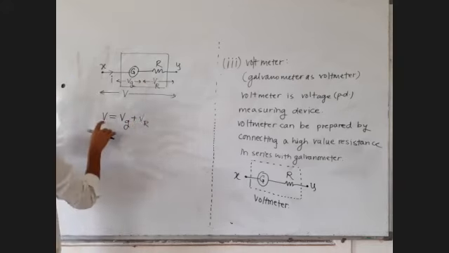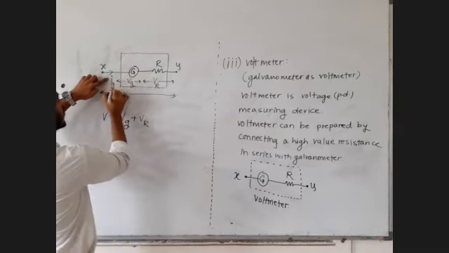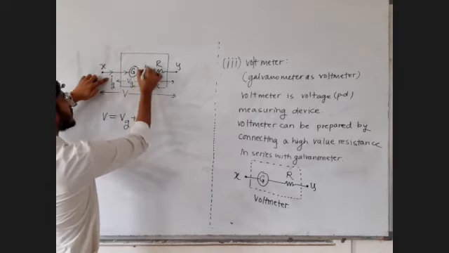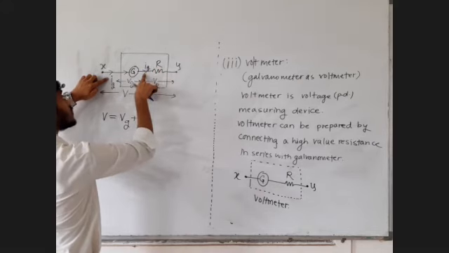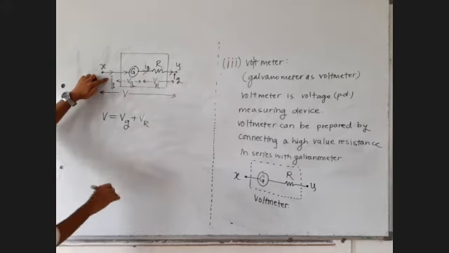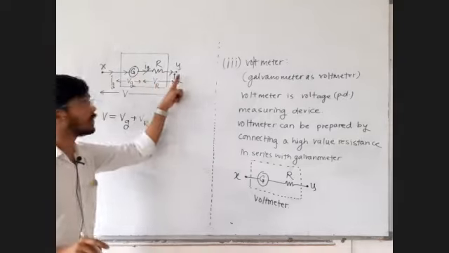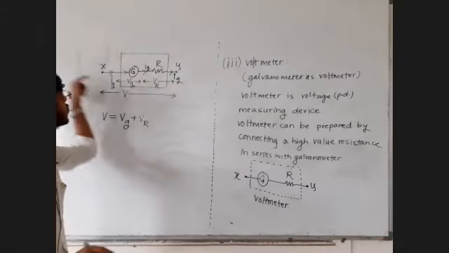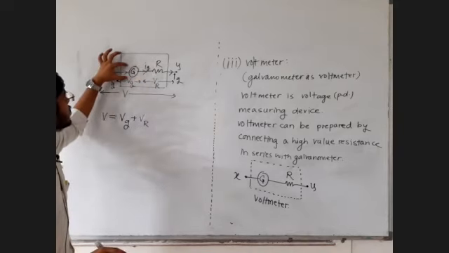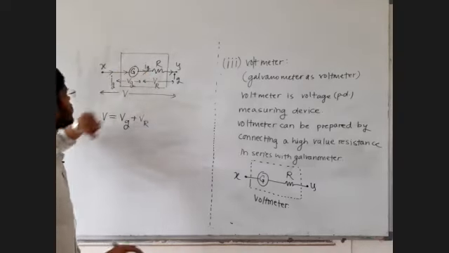Sir, we want to measure this. Okay, fine. Can I call this current I as Ig? Yes, because it is passing through the galvanometer. The same current is passing through this resistance also, so we will still call it Ig. Again, the same current Ig will exit. So in this entire branch, the voltmeter is a series combination of galvanometer and a high value resistance, which is called the series resistance.